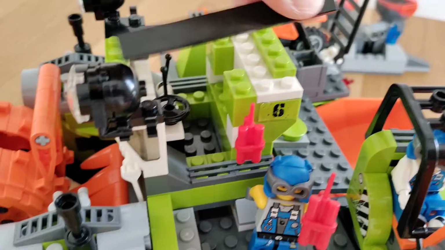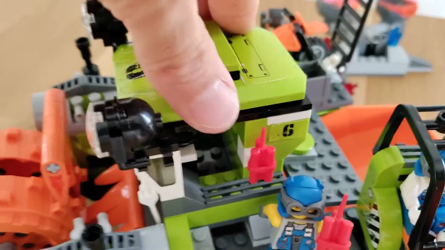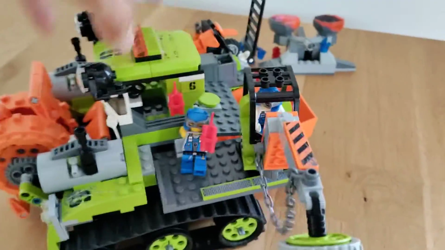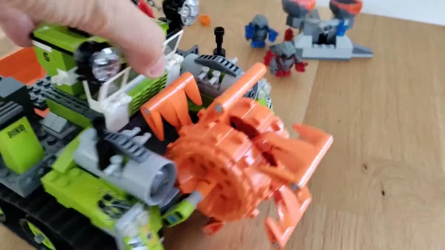Oops. It's the cabin. So the cabin is actually quite hard to open, I find. At least in my experience, I break it every time I do it. And sometimes I want to grab the vehicle from the cabin, and the cabin just detaches. So yeah, it's a bit awkward to